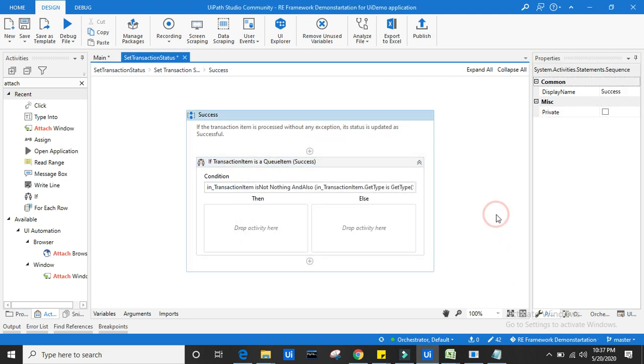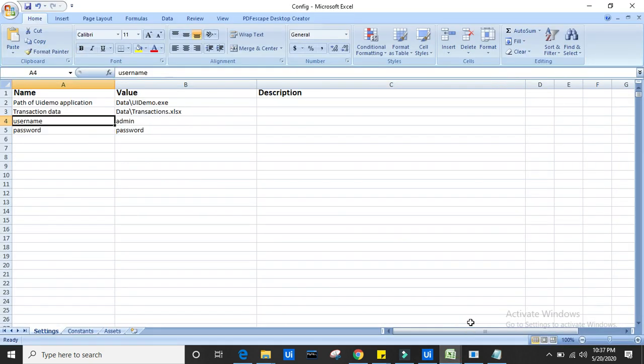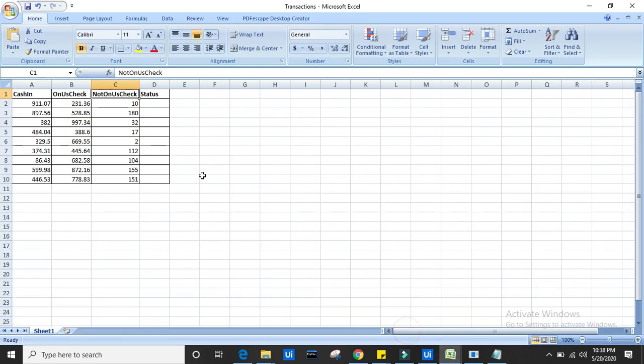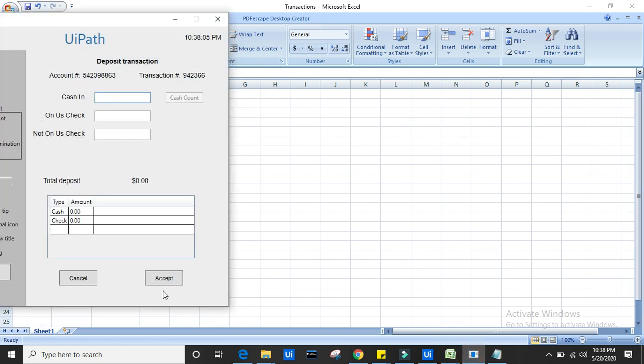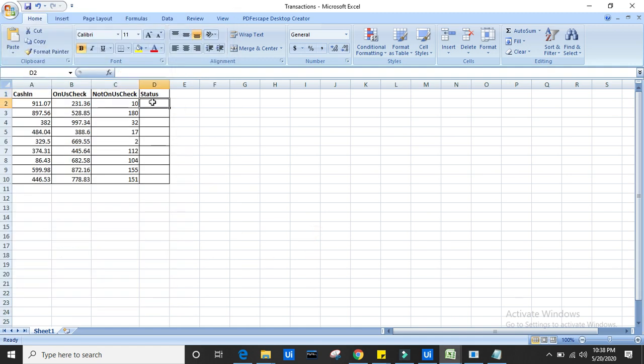Fine. Now if the transaction is a success, if the system is able to enter this value and this value inside the application, and when you click on accept it is a success, then I would update the status.